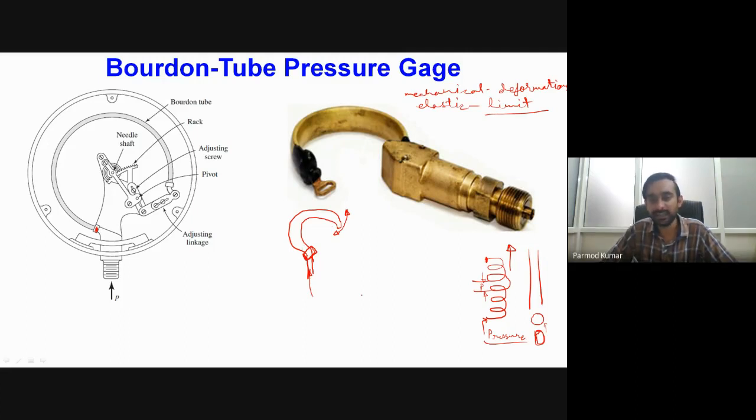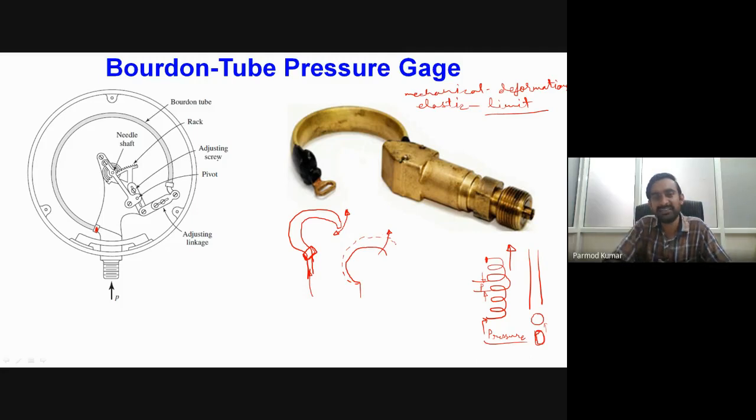that if you see initially in the neutral condition, this was the tube axis. It was found that the tube has moved in a radial outward direction. Okay, and while this tube is moving in the radial outward direction, what is happening is that because of the pressure, this tube is moving like this, and the tube is actually trying to straighten up. Okay, so that was the main idea: while the pressure is applied, the tube is trying to straighten up. So why is the tube trying to straighten up?